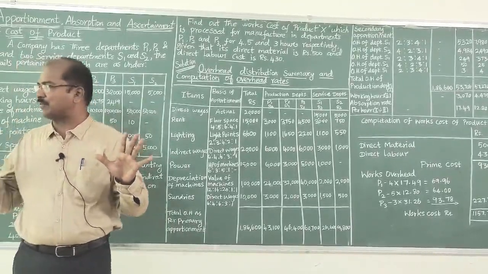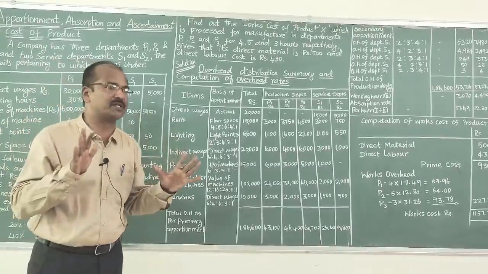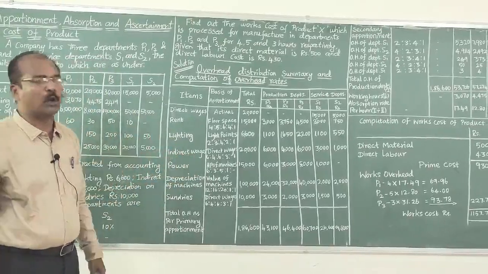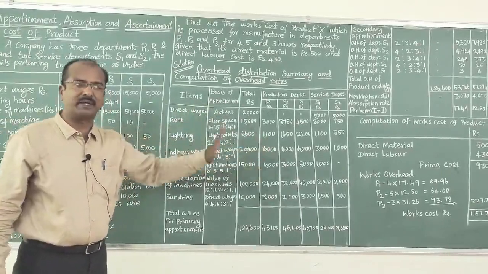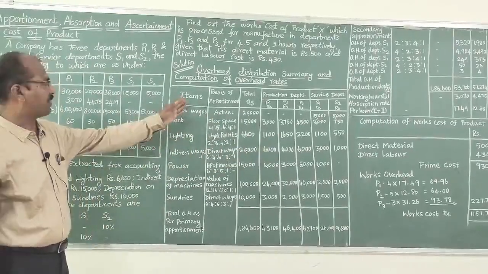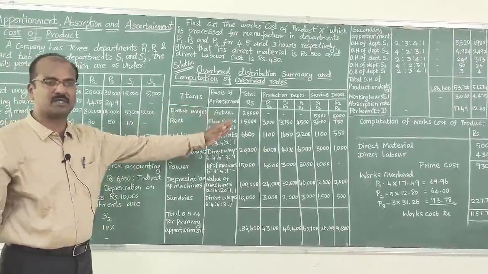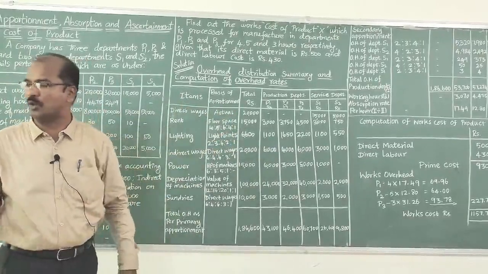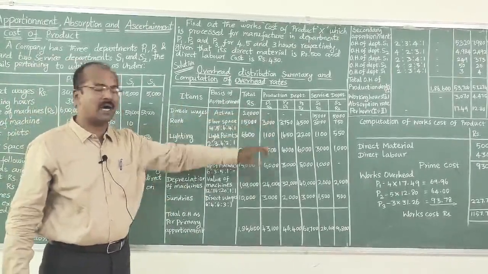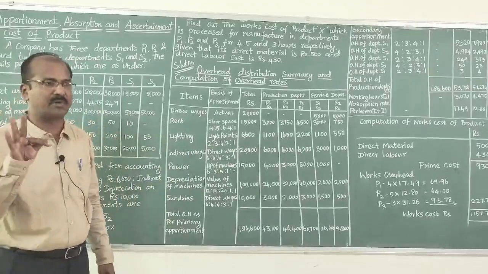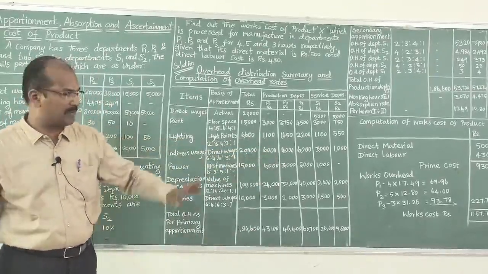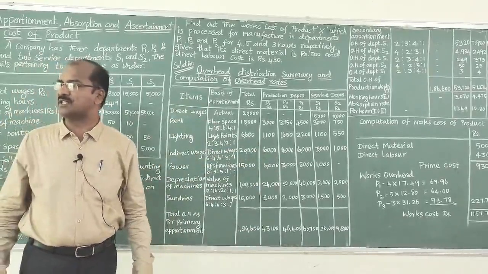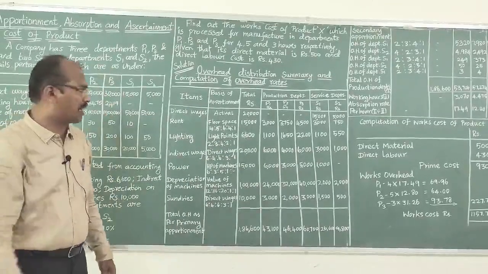This is a plan of answer. Now let's start with the first stage of the solution. We can progress very quickly over the solution. This is a standard format of the overhead distribution summary. The first column is titled items, the second one is basis of apportionment, the third one total overhead, and the next column is meant for the 3 production departments. We have 3 sub columns for each of the production departments, and the last one is meant for service departments. There you have 2 sub columns